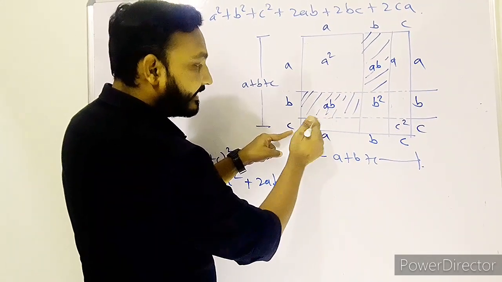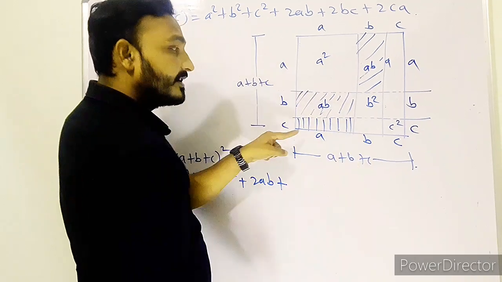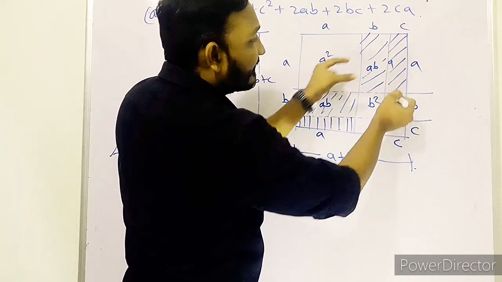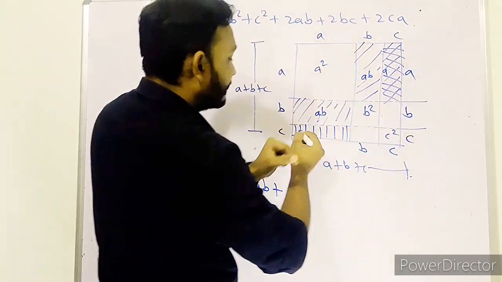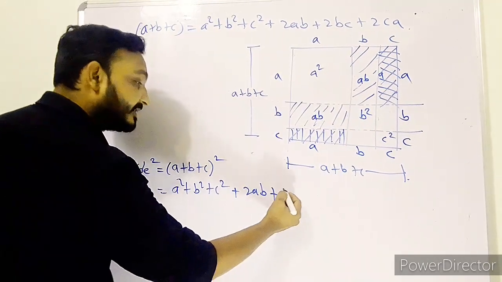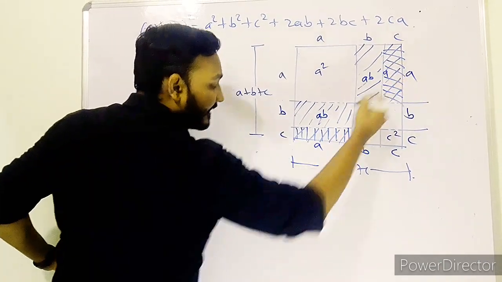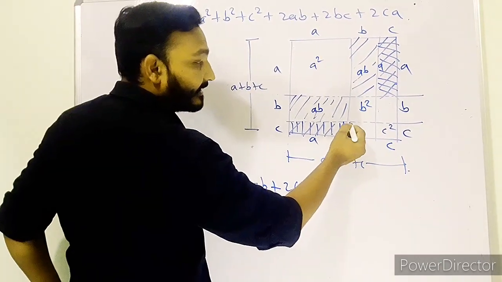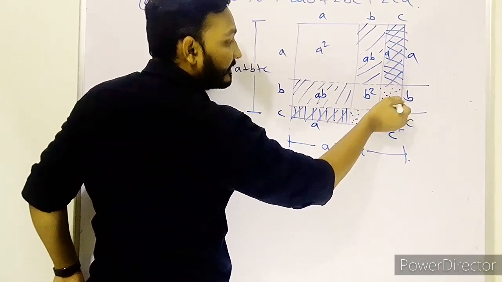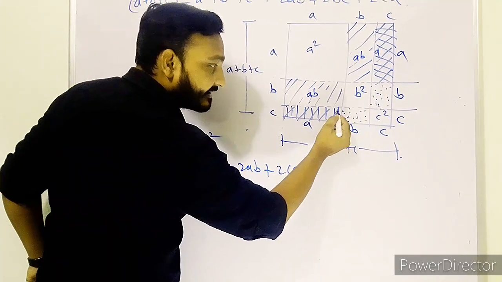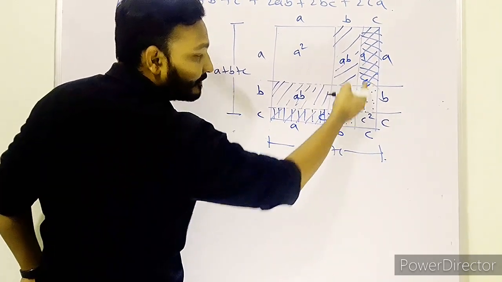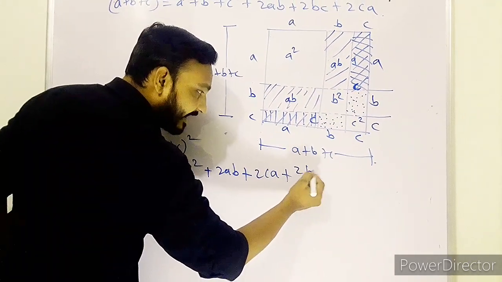And this one is A. So what is the area of this part? Vertical line shown by this part. A into C. Here also this is the length of. So area of this part is C into A. So how many times C into A? C into A, 2 times C into A plus, here, the dotted part. What is the area of this dotted part? The area of the dotted part is, this is nothing but BC, and this one is also BC. BC plus BC. The dotted part area is 2 times BC.